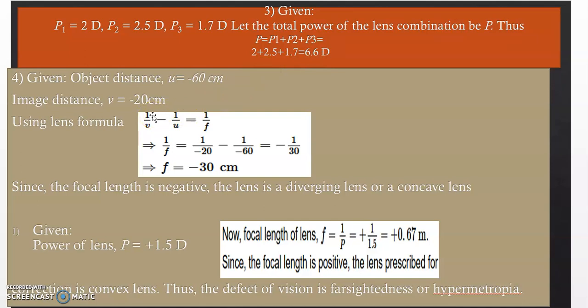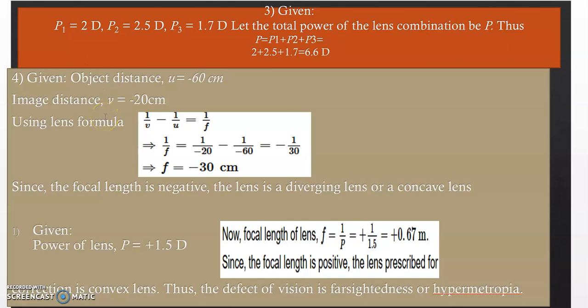Now next, it is the fourth one. In a similar way, this is the fourth one. An object is kept at 60 centimeters. So that is u is equal to minus 60. It gives a virtual image. Virtual, so that means the image is 20 centimeters in front of the lens. In front of the lens it is. So virtual image, where will it be? On the left side. So that means v will be minus 20.